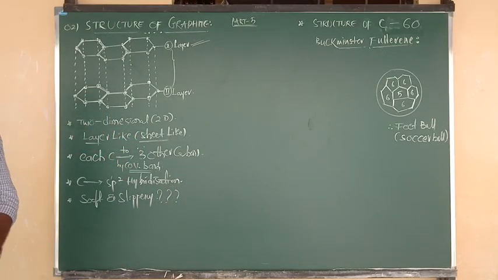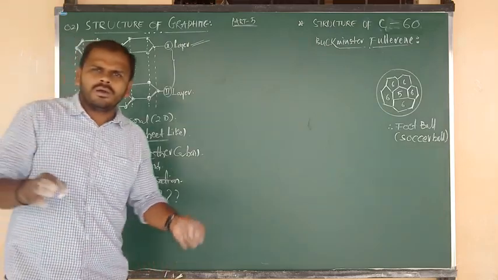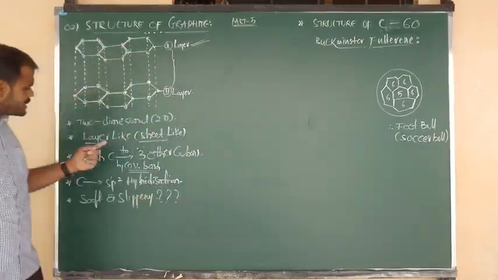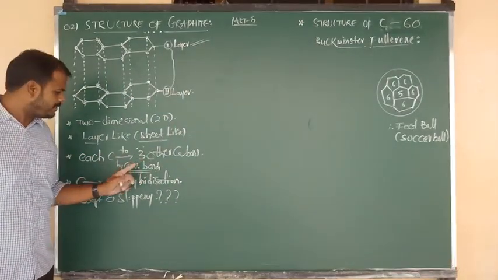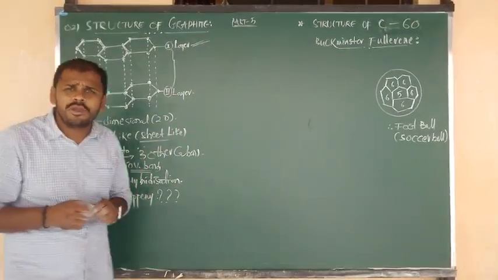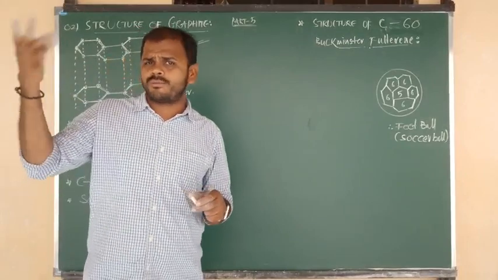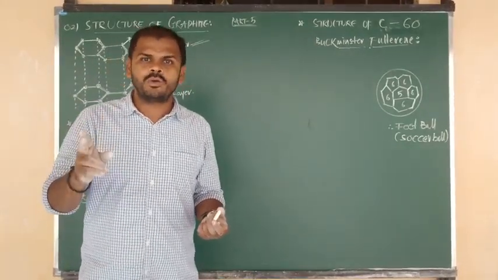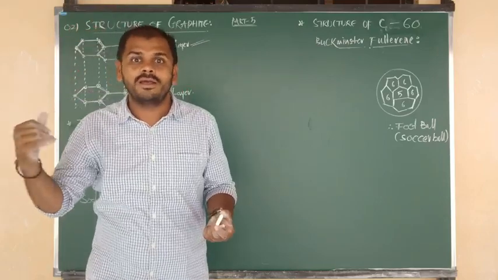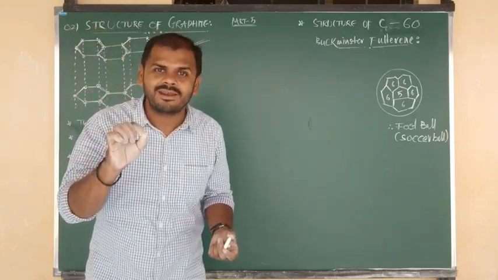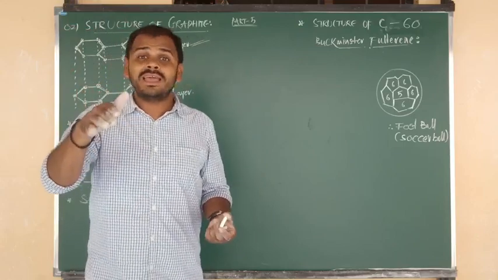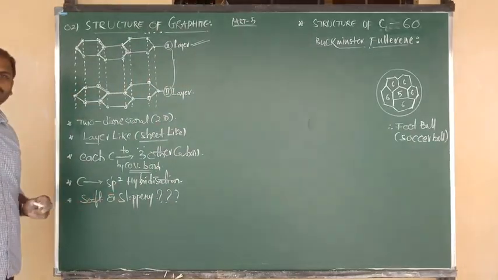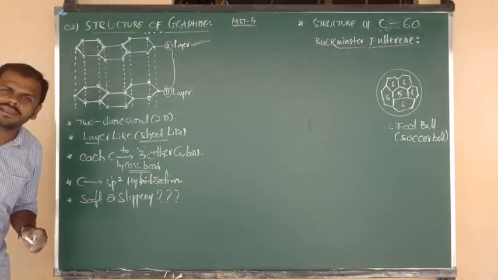This is the question. Because in diamond also, every carbon is connected to 4 other carbons by covalent bonds, and here also every carbon is connected to 3 other carbons by covalent bonds. Both have covalent bonds. That is the only difference: 4 carbons there, 3 carbons here. Between carbon and carbon in diamond and in graphite, covalent bonds are there. Yes or no? So on that basis we can say graphite is also hard, but I am saying graphite is soft and slippery in nature.